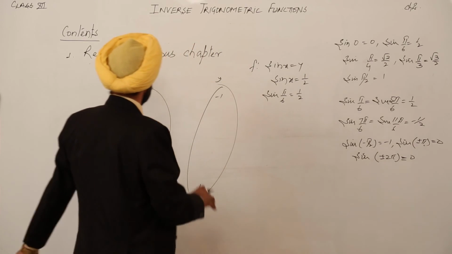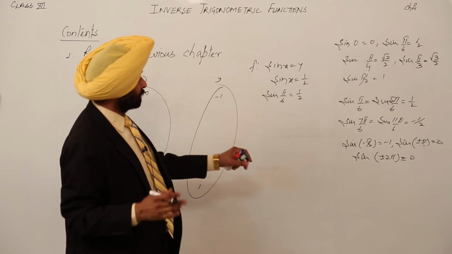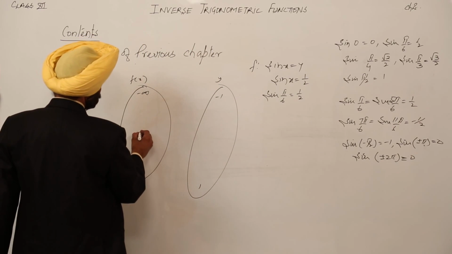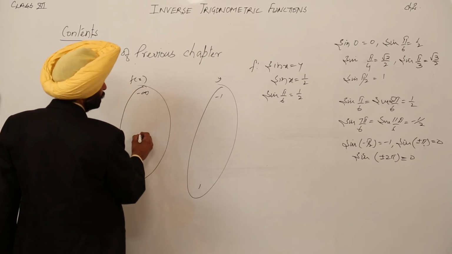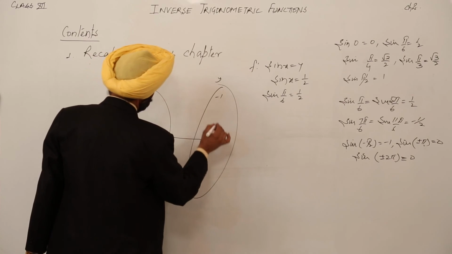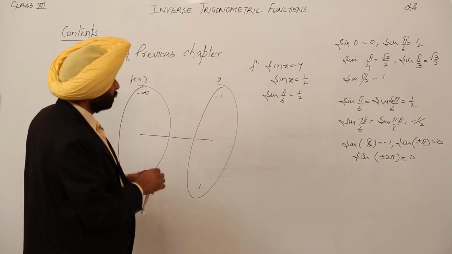Okay, let's start. It is for sin x. So now you can start from anywhere. Suppose we start from sin 0. Here the angle is 0, and here we are getting 0. First value. Then moving to another value.